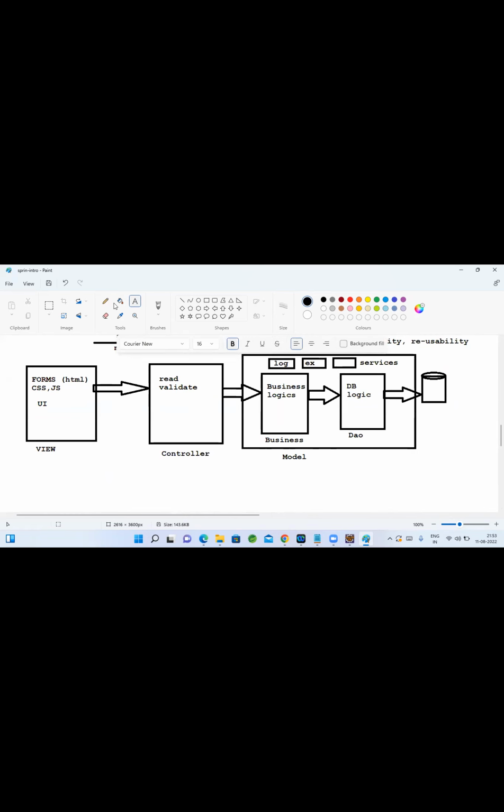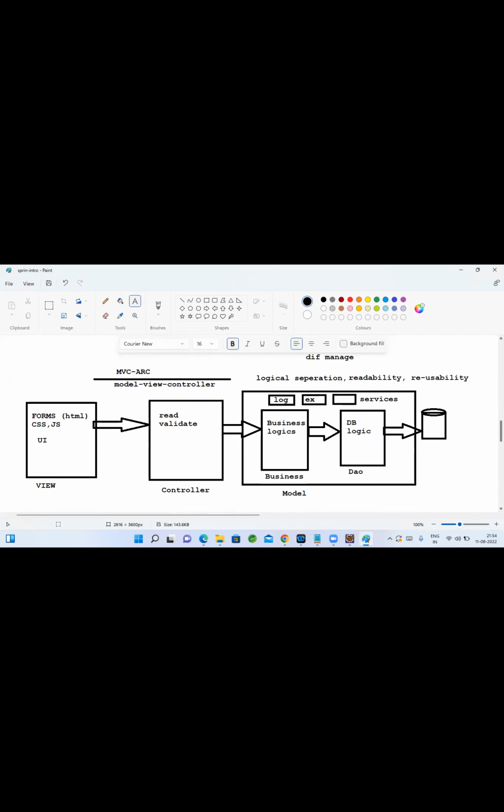Yes, Ashok. Sir, I have one question here. You're developing an application using MVC architecture. If you use design patterns here, what will be the difference? While writing your code, as I'm saying, logical separation, reusability, readability, and not only this, there are many things that we need to do. Coming to reusability, your application should be a reusable application. What design patterns will we use for reusability?